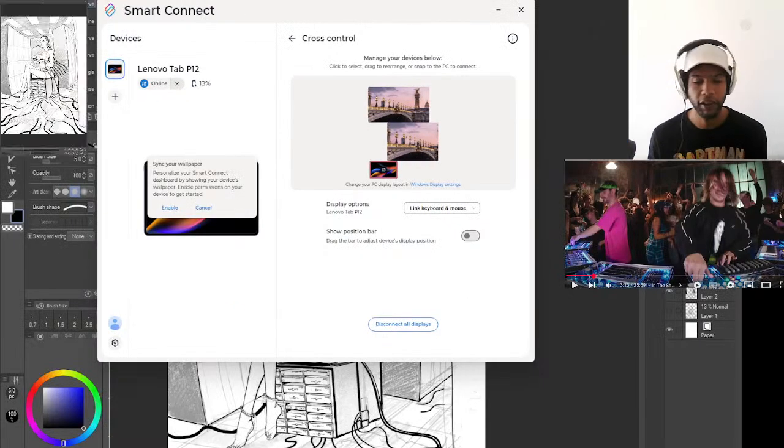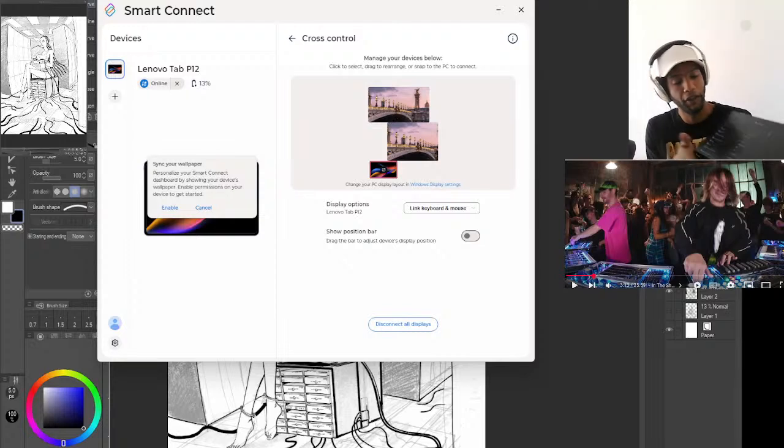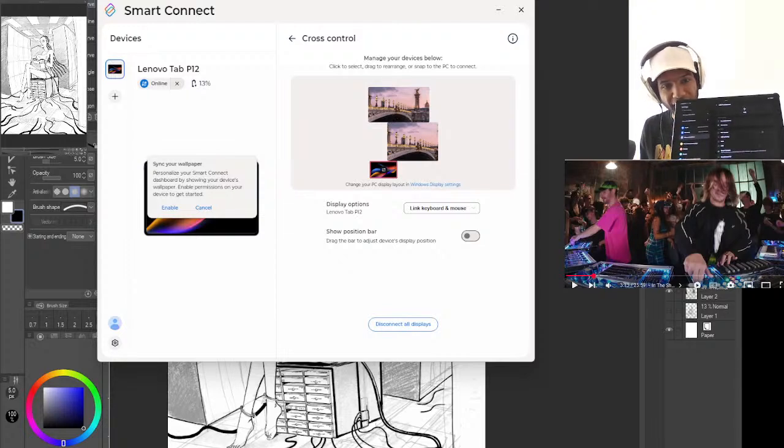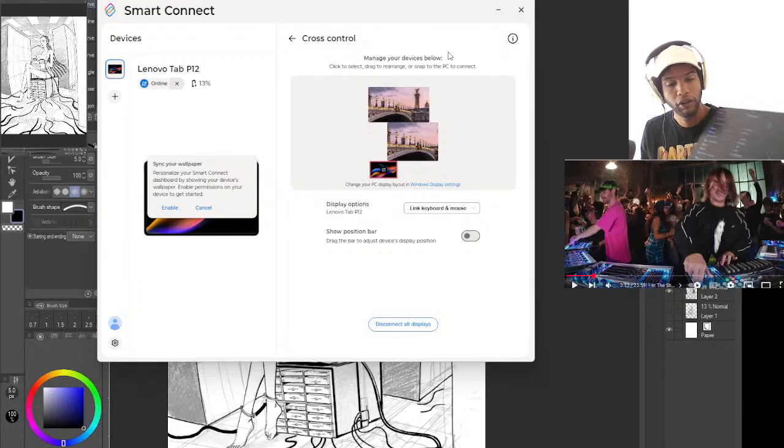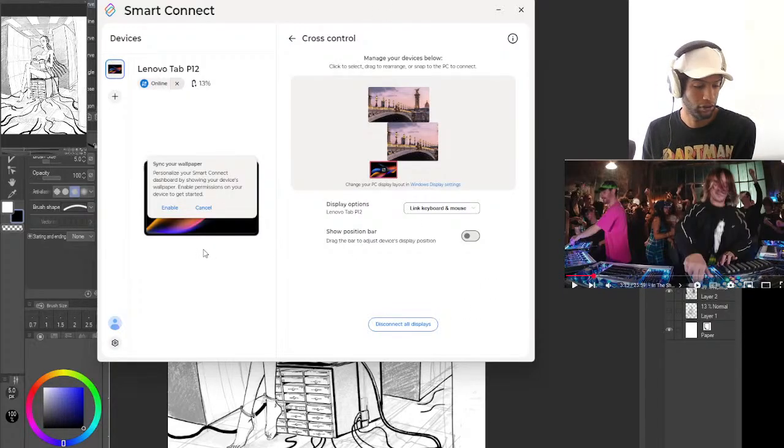The mirror display is cool if you're at a meeting and stuff, but the Link keyboard and mouse was the most beneficial thing for me because, look, you can't see, but right now I'm using the mouse that's plugged into my computer and the keyboard on my device.